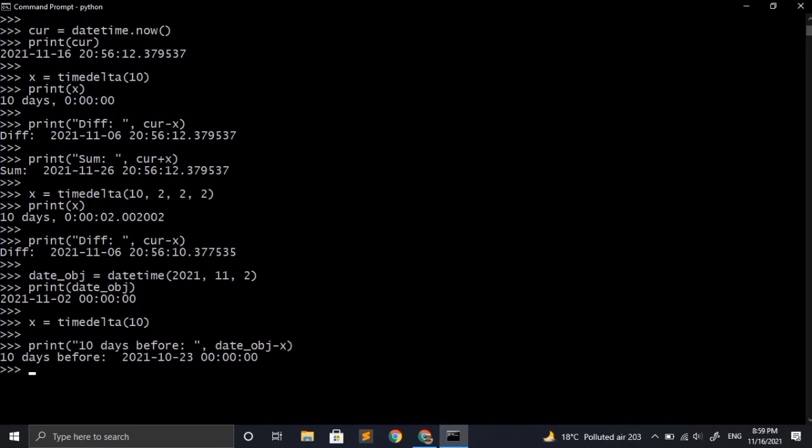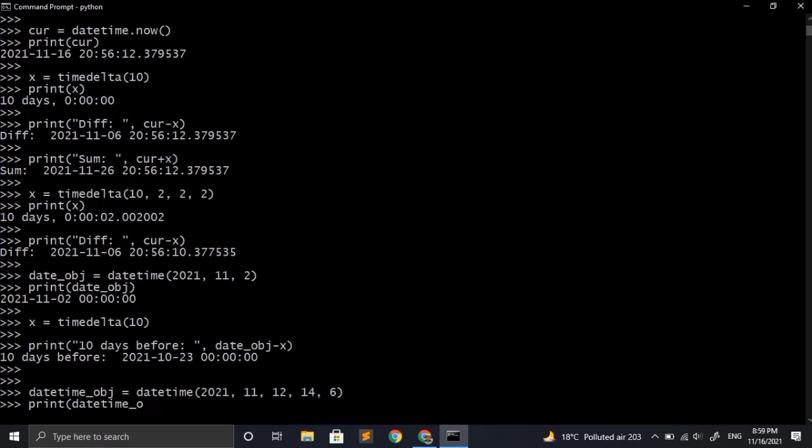So here is the output and we can see that the month has changed because we have to subtract 10 days from the given date, and because of the same it has changed the month as well. So this is much more powerful example. In this case I am going to specify the value for both date and time in the datetime object. Now as usual I just have to call the print function and I have to print the value of this object.